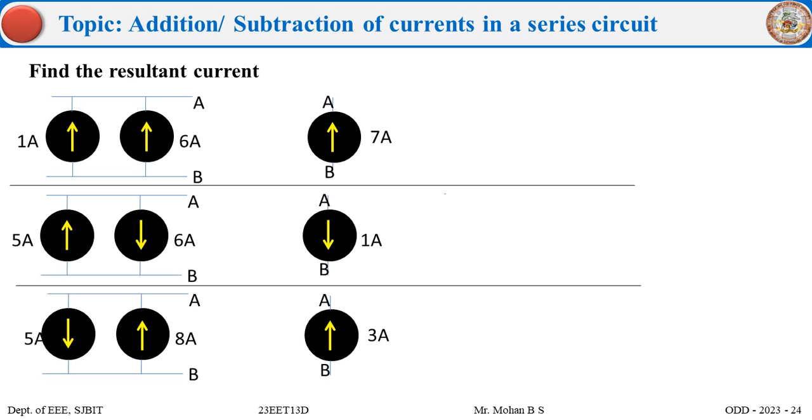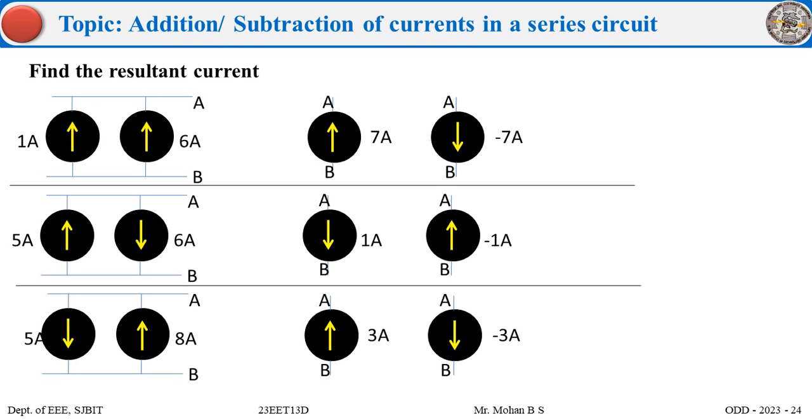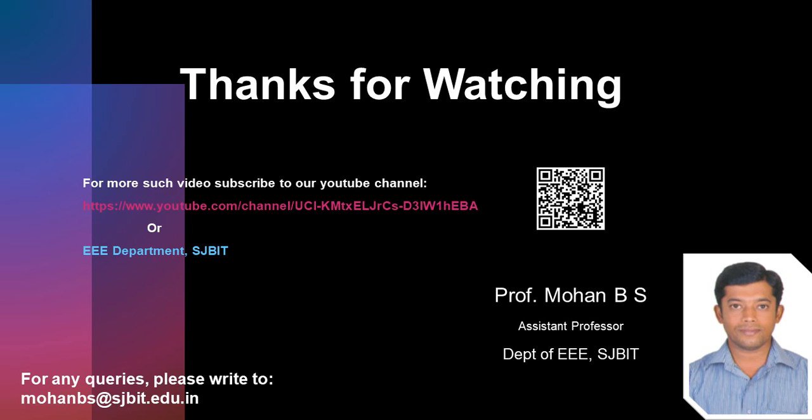So 6 minus 5, we get 1 ampere. And for the next one, both are traveling in the upward direction. As the resultant is in the upward direction, subtract from 8. So 8 minus 5, you get 3 amperes. As you change the orientation of the currents, the magnitude also changes. So 7 amp going up, -7 amp going down; 1 amp going down, -1 ampere going up; 3 amp going up, -3 amperes going downwards. I hope you have understood how we add and